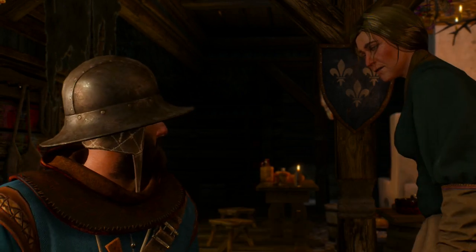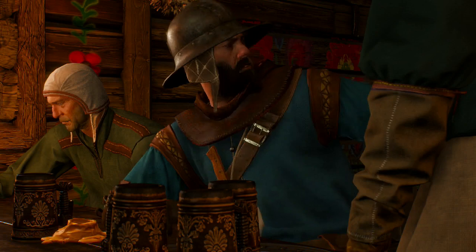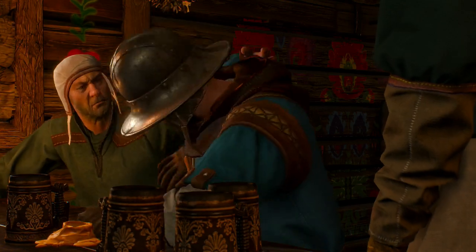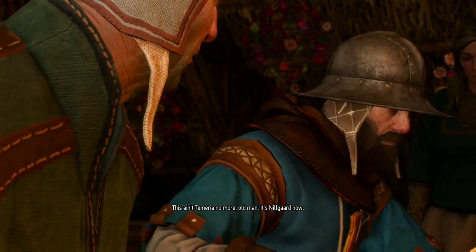What? Take that down before there's trouble. That is a coat of arms, the Temerian lilies. They've a right to hang there. Uh-oh. So we've got to get some This ain't political Temerian strife. no more, old man. It's Nilfgaard